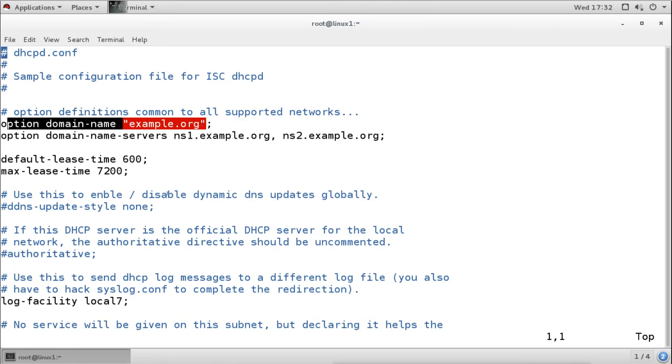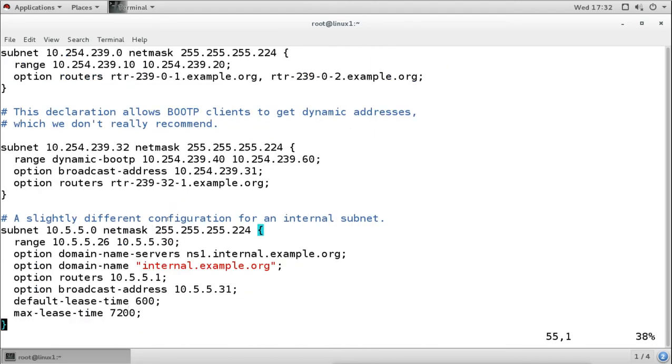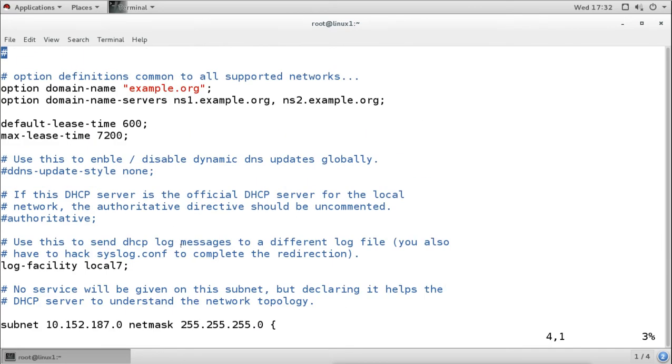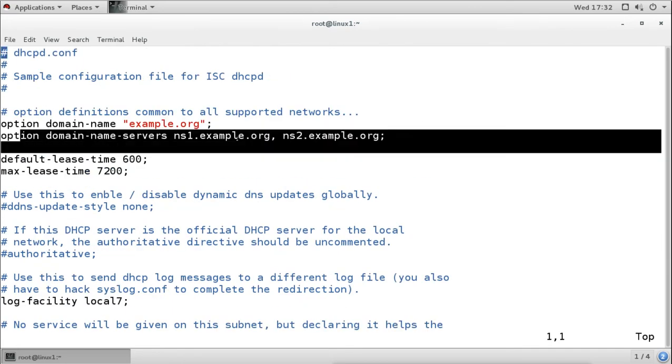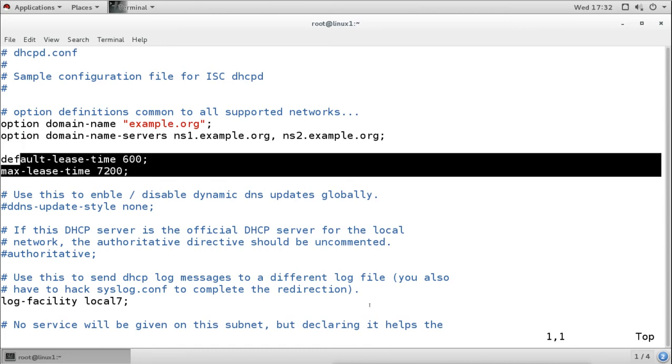So it will be the same for all. Then the DNS server, maybe we have the same DNS server for all the subnets. So instead of configuring one by one in each subnet, we can configure globally. We can say these are the DNS servers. Then also for lease time, for example we want to configure the same lease time for all the subnets. So we can configure it here directly, and it will be applied for all the subnets.